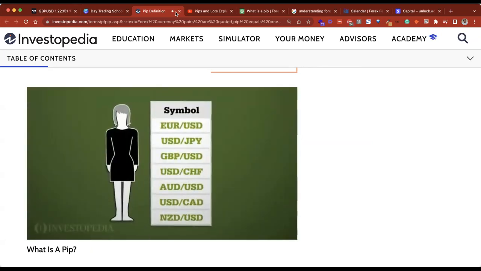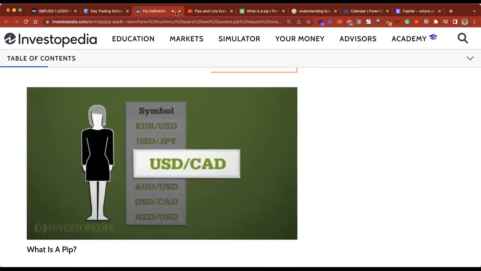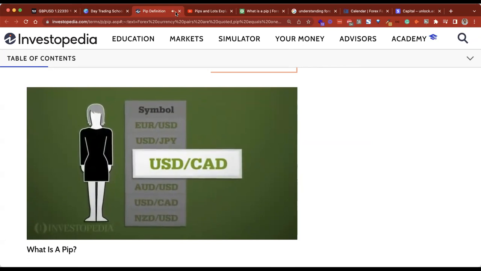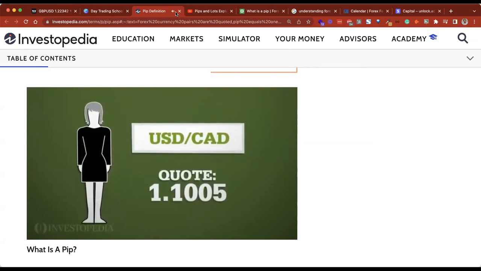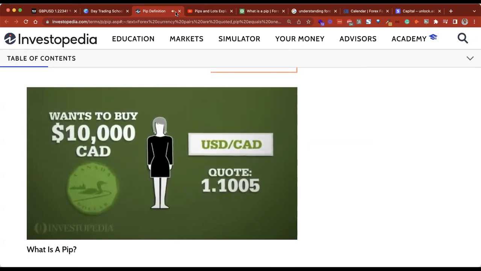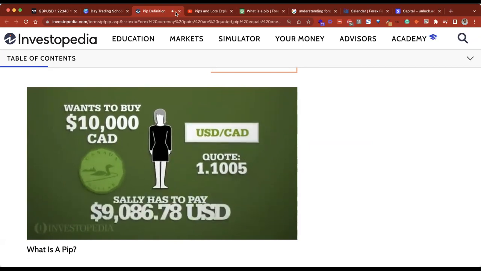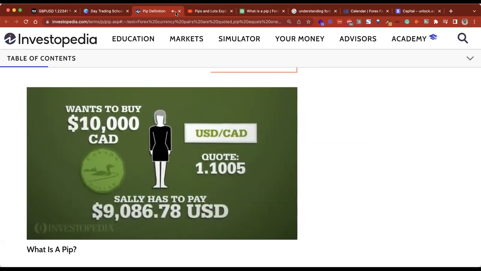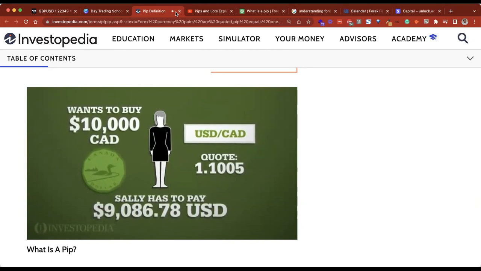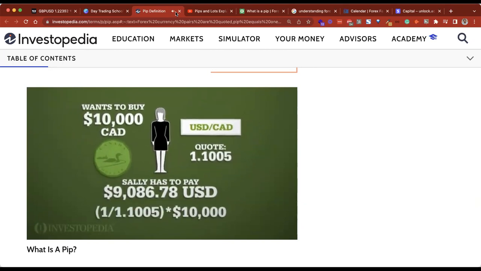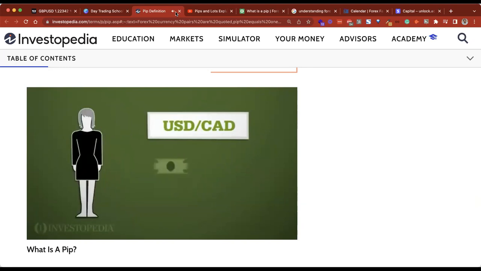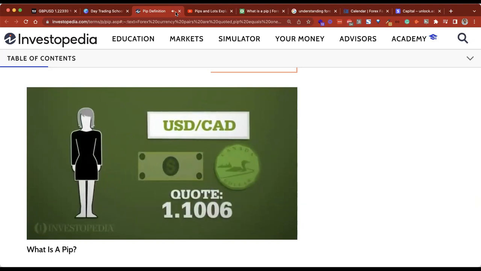Sally, a seasoned Forex trader, is looking for a quote on the US dollar-Canadian dollar currency pair and sees that it's being quoted at 1.1005, and she wants to buy $10,000 worth of Canadian dollars, which at the quoted price would mean she has to pay $9,086.78 US dollars, as established by the equation 1 over 1.1005 times $10,000. As she's watching, the pair sees a 1 pip increase to